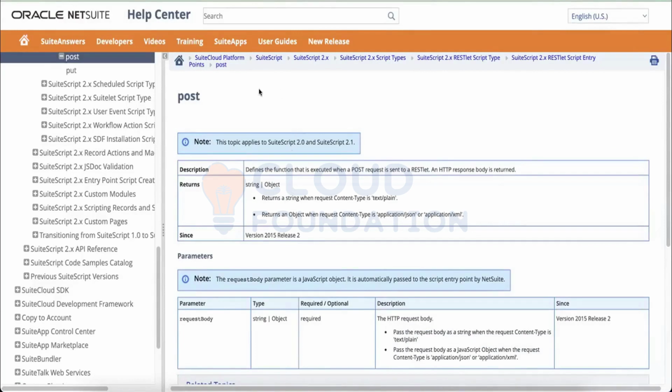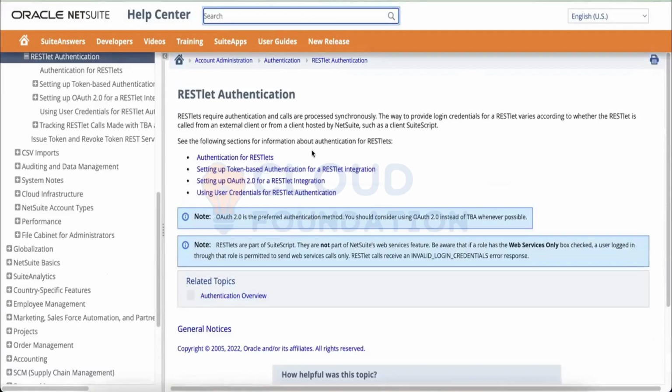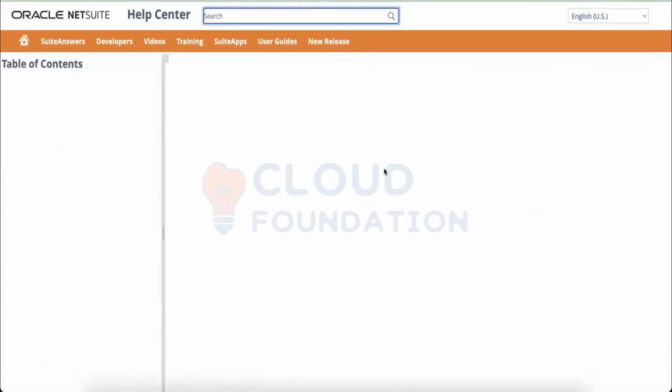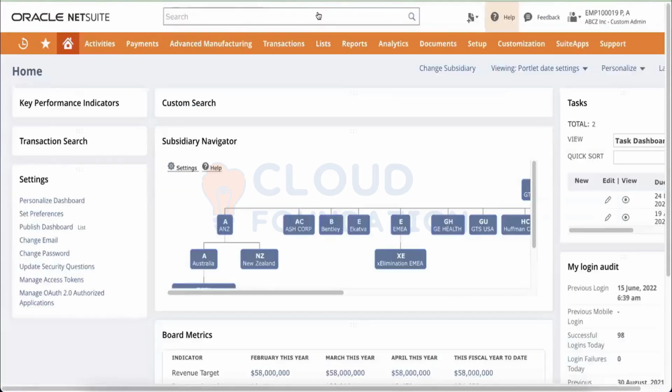But before that, let's talk about authentication. RESTlet authentication that is widely used is token-based authentication. You generate tokens, and then share the token details with a third-party application, whoever is managing it, the admin or the developer who's working on that particular integration. You share the token details with them, and then they can access that particular RESTlet. So how to generate a token is